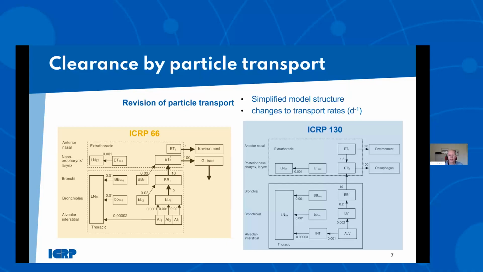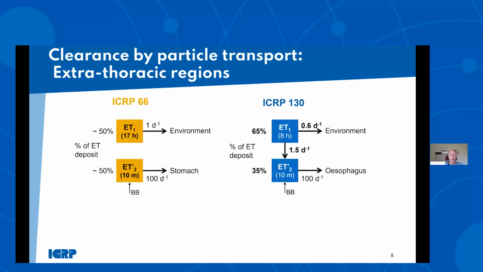The reference values for the transfer rates are derived as much as possible from human studies. And in this case, more precisely, we have analysis of human volunteer data for the derivation of the parameters in the ET1, ET2, the bronchial and the bronchiolar region, while for the rates in the alveolar region, responsible for the very long-term retention in the lungs, these parameters have been derived mainly from the analysis of data from 2 accidental exposures to 2 groups of workers. Going a little bit in detail,